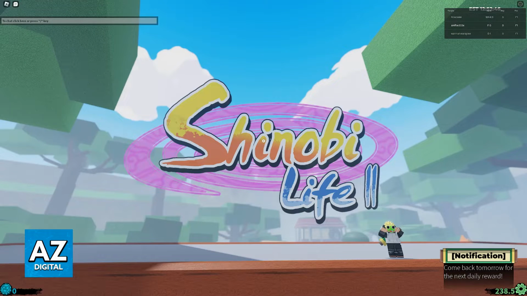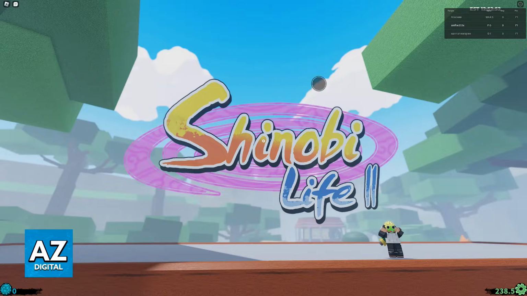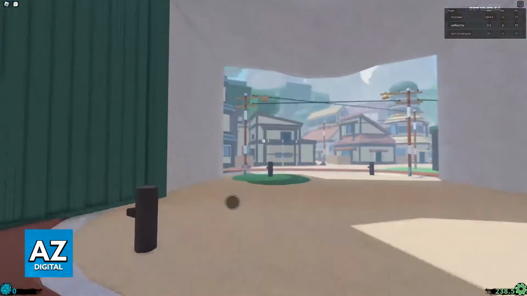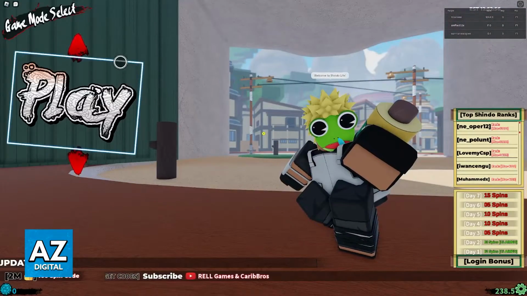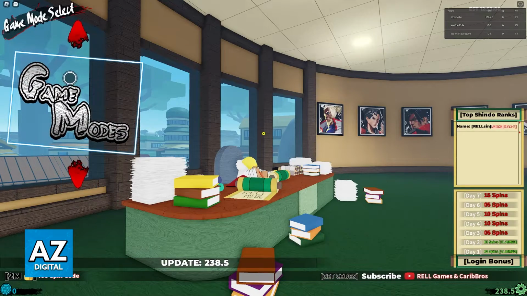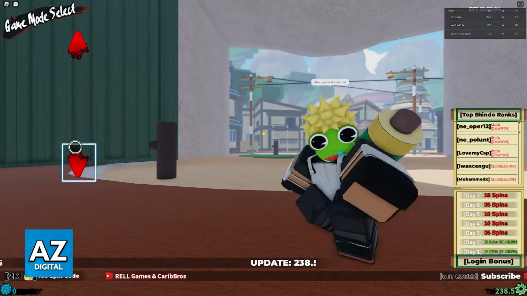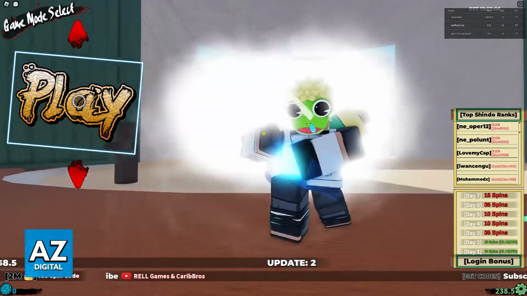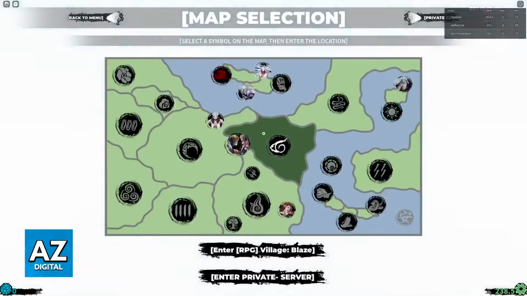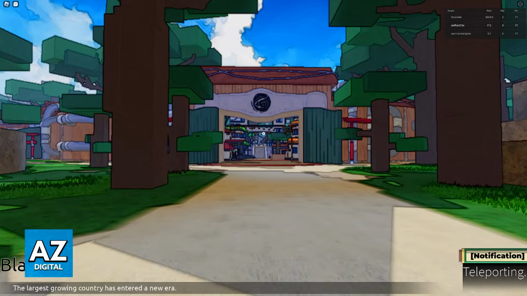So you will load in, and if you have something like an Xbox controller, you will be able to press select and then you will see this little ball icon. You can use this to highlight options around the menu. So you will be able to choose the arrows here to change the modes, so you can switch from play to game modes and also the option to edit your character. Once you want to enter the game, go ahead and select play. You will load in and all the controls will be adjusted. Make sure that you select your map accordingly and you will be good to go.